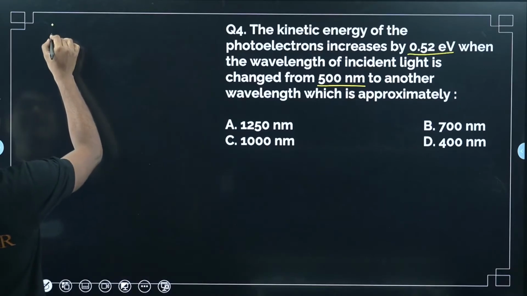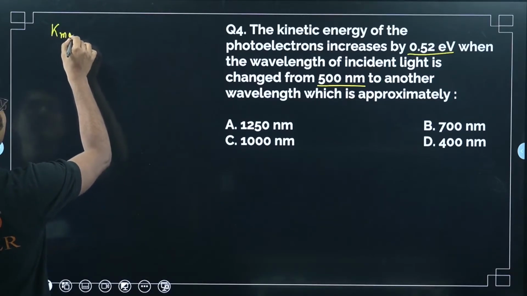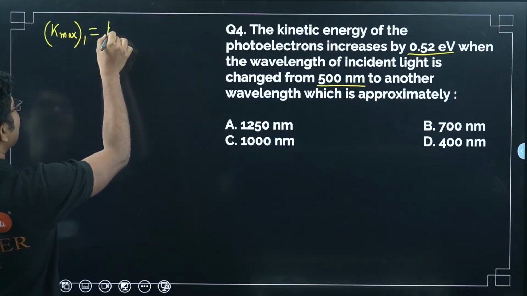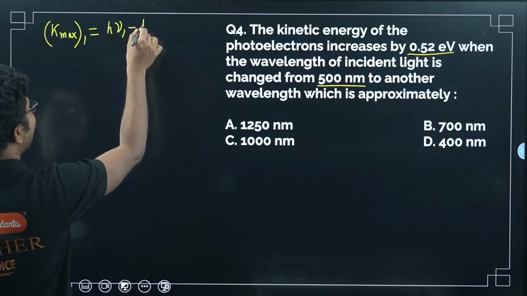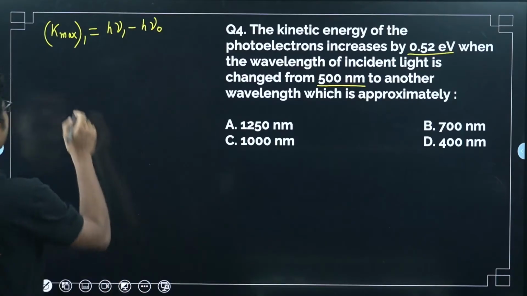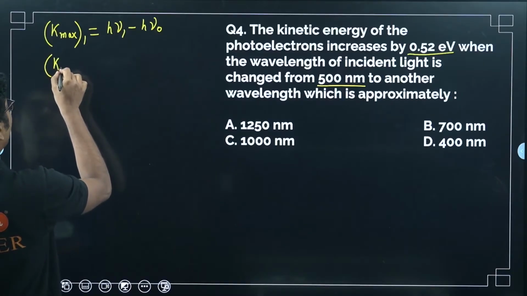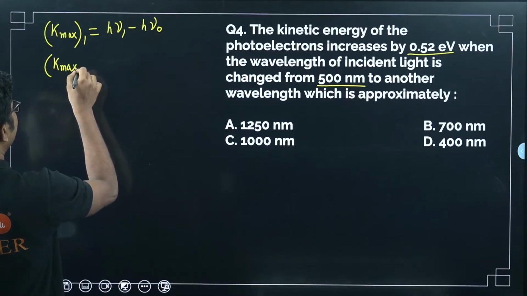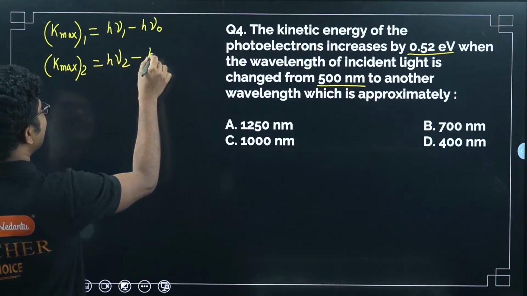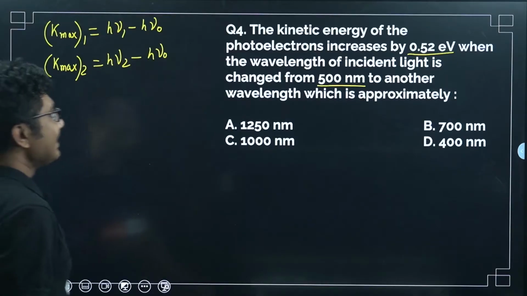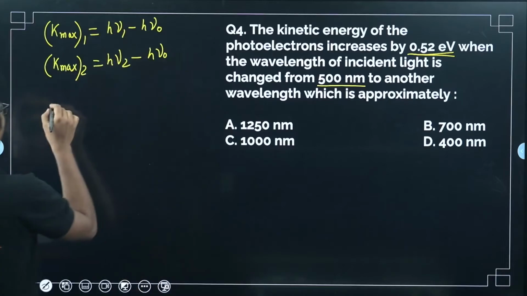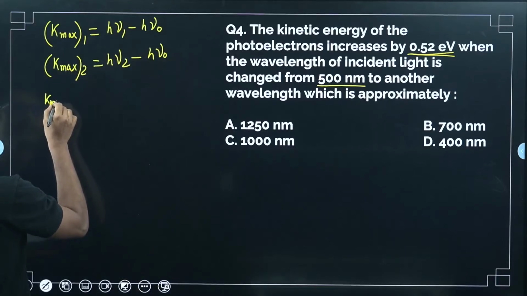We know the kinetic energy K max. First suppose K max 1 is equal to h nu 1 minus h nu 0. Now if the material remains the same, this nu naught value will remain the same. Now after some time you change the value, K max 2 will become h nu 2 minus h nu naught. It increases, which means you have to find the difference between K max 2